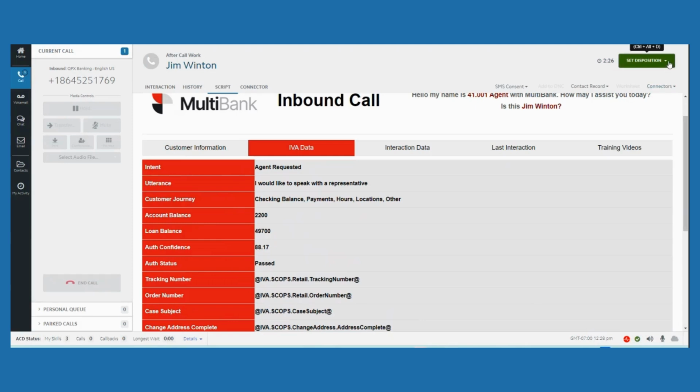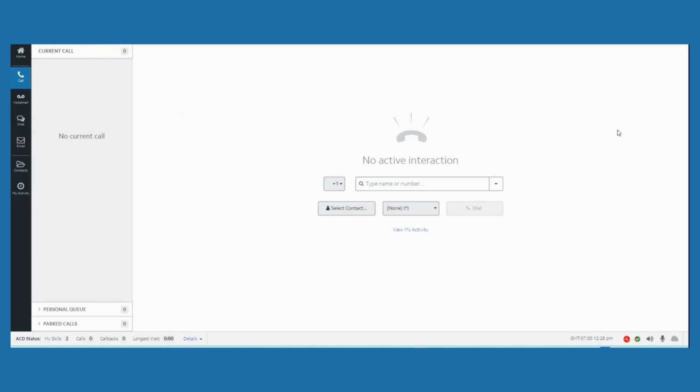Now, if we set the disposition prior to ending the call, that would also end the call. But we're going to go ahead, and again, all these different dispositions are configurable. These are just some examples, and we're going to go ahead and pick first call resolution. And once we do that, we're going to be back to the agent screen, and our agent will be ready